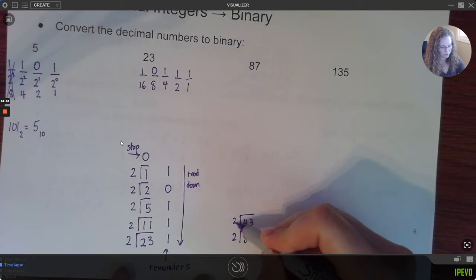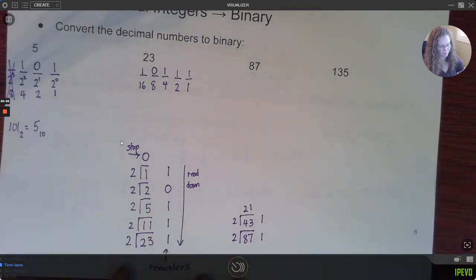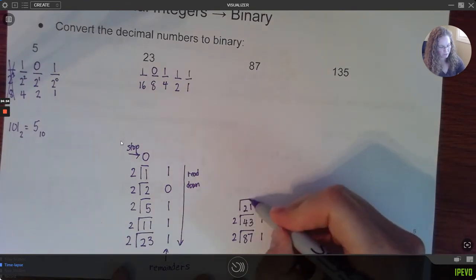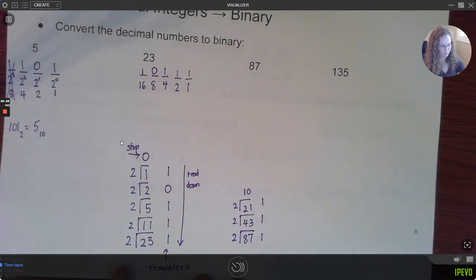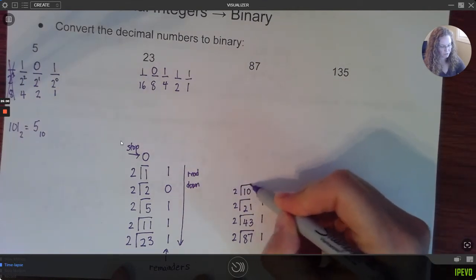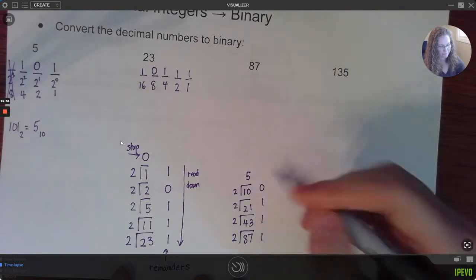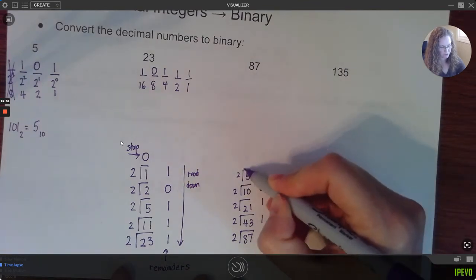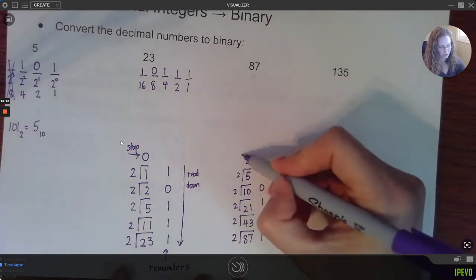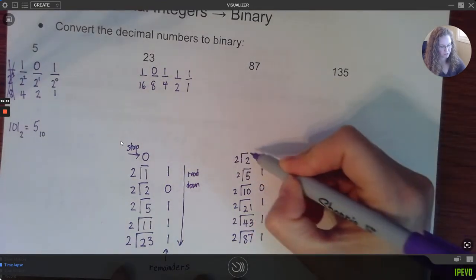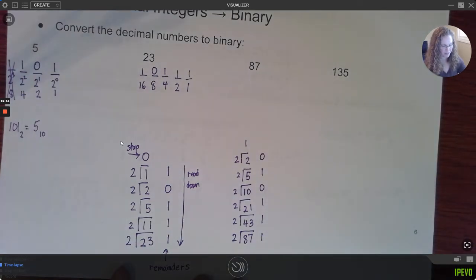And then 2 goes into 43 21 times with a remainder of 1. 2 goes into 21 10 times with a remainder of 1. 2 goes into 10 5 times with a remainder of 0. 2 goes into 5 twice with a remainder of 1. 2 goes into 2 once with a remainder of 0. And then